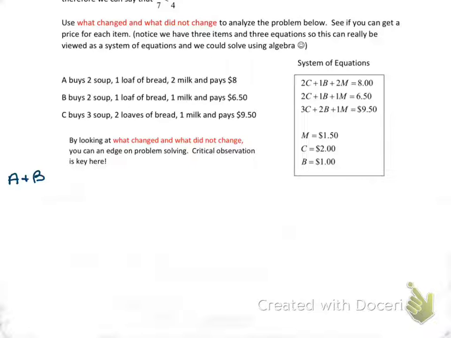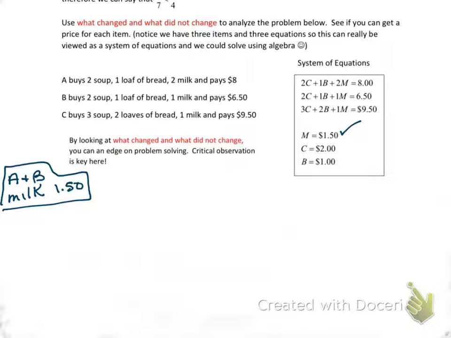So don't I know by just looking at A and B that milk must be $1.50, because that's the difference between the two prices they're paying. And that is consistent with what I found when I did it algebraically. Okay, so that's one done just by comparing A and B and seeing what changed and what didn't change. So then what I did next was I looked at